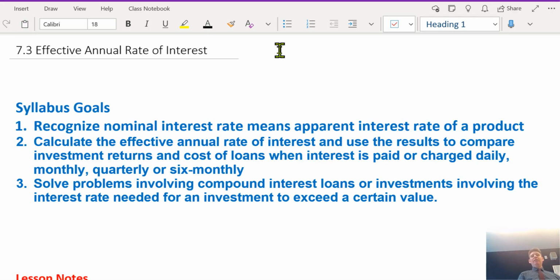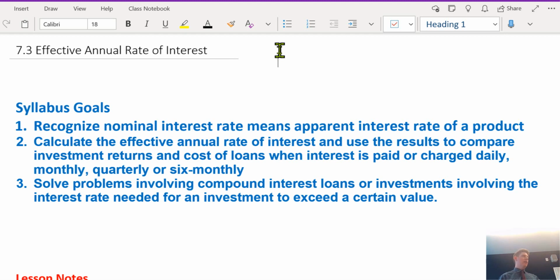Okay, so today we're looking at effective annual rate of interest. An institution will advertise an interest rate per annum, don't they? Is that the actual interest rate? No. They usually do it daily or monthly. They do it so it compounds at different intervals. So even though they're advertising annually, it's actually occurring at a different rate because the principal changes depending on the term amount. So what I mean is, you have